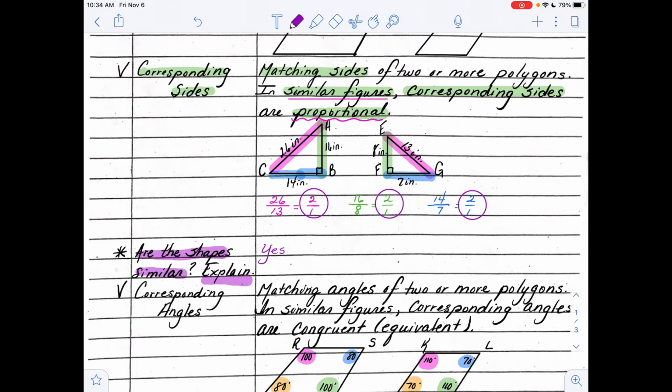Yes. And now my explanation. The shapes are similar, but why? Why would you tell me? What mathematical reason do you have to tell me that they are similar? They are similar because, what was the reason we just found out? The corresponding sides